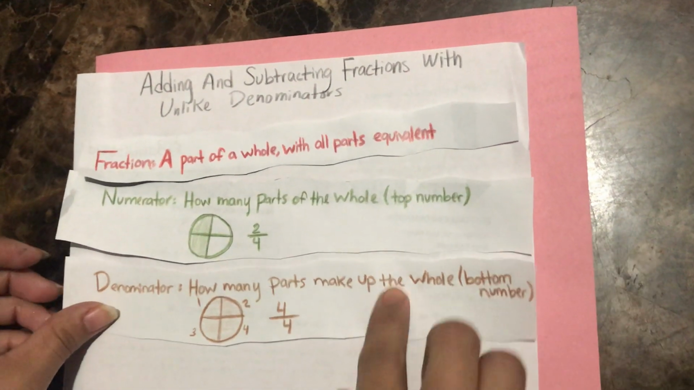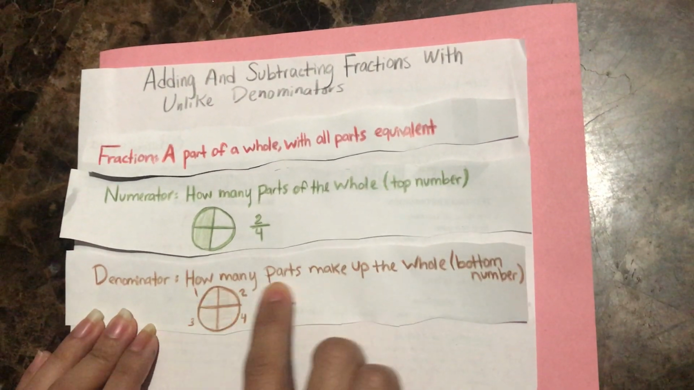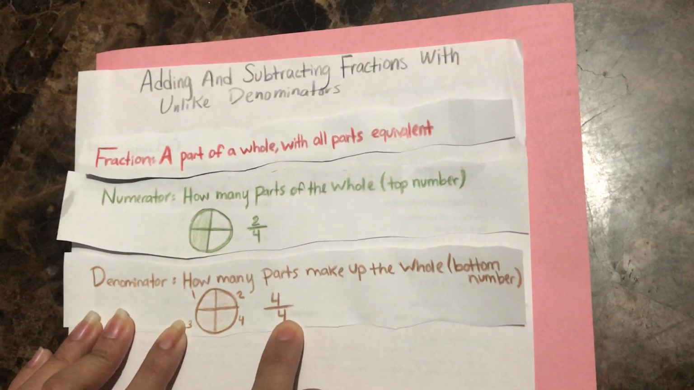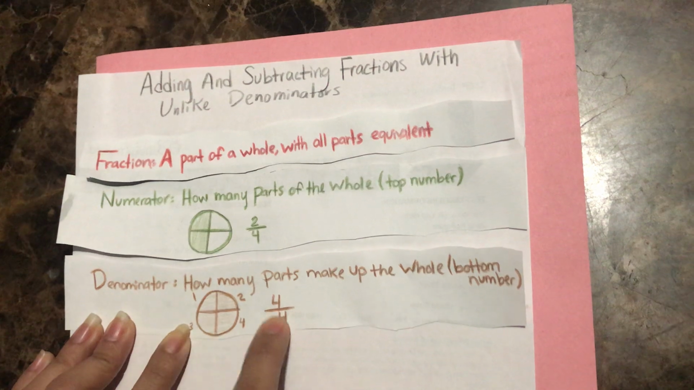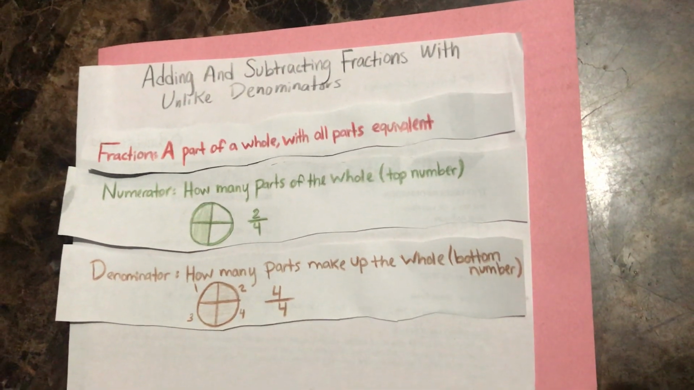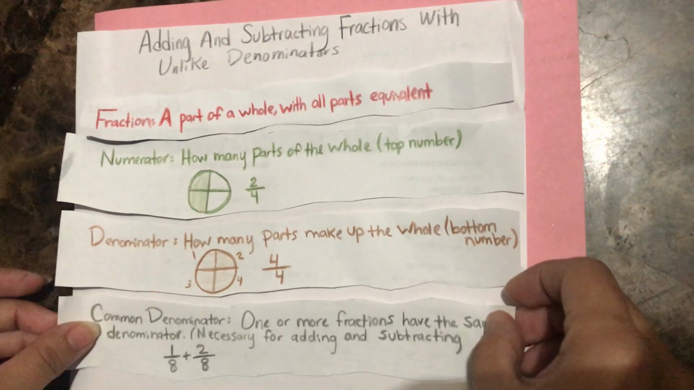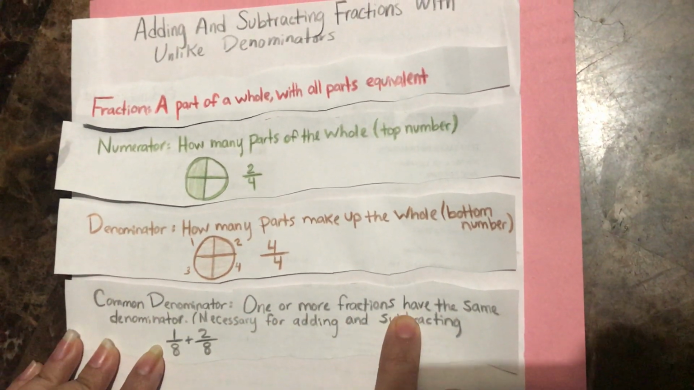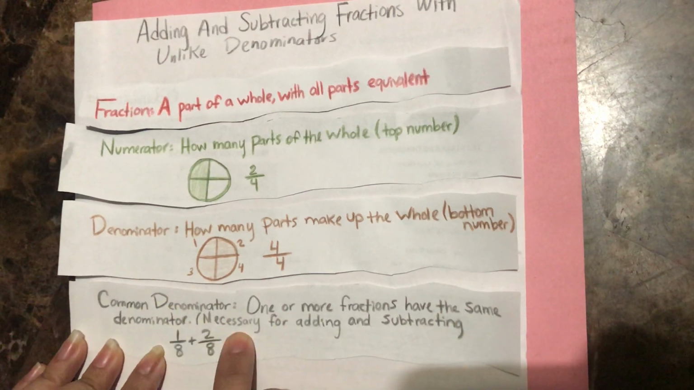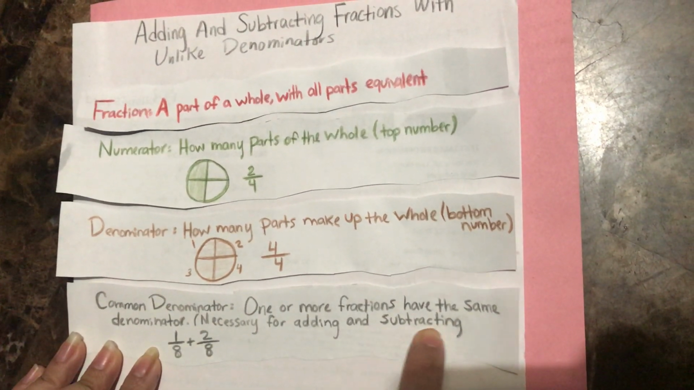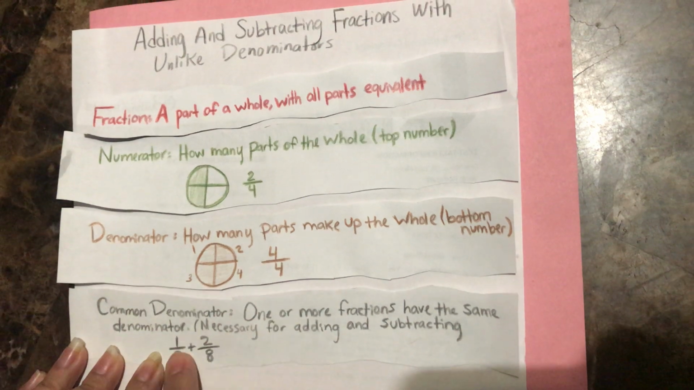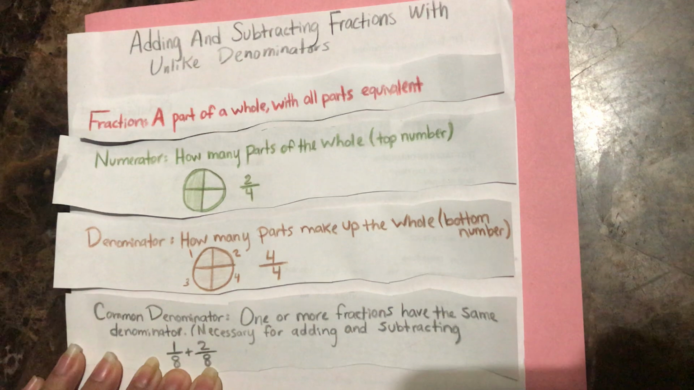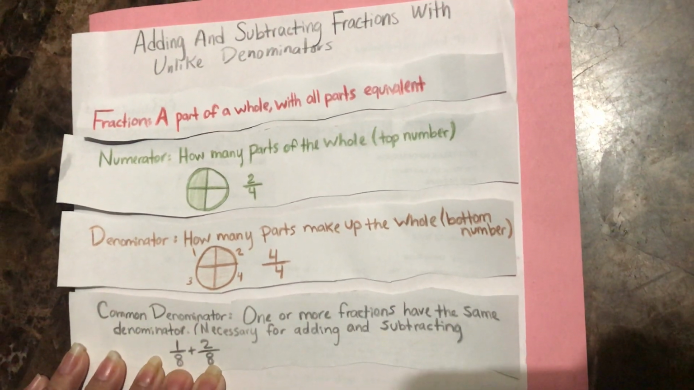Now the denominator is how many parts make up the whole, which is the bottom number. Here we have 4 over 4, so the denominator is 4. Now moving to the common denominator, which is one or more fractions that have the same denominator. This is necessary for adding and subtracting. So for example, 1 over 8 plus 2 over 8, and these two have the same common denominator, which here